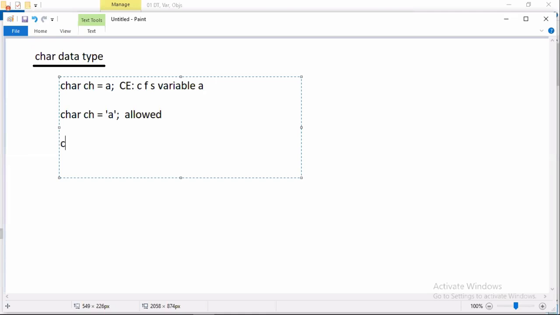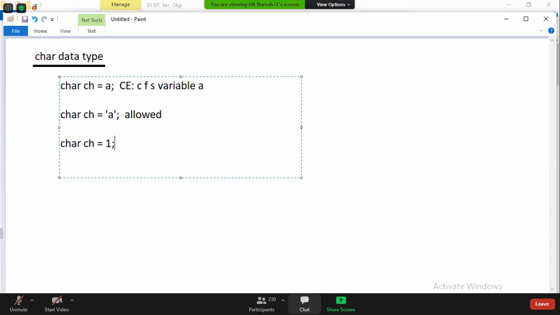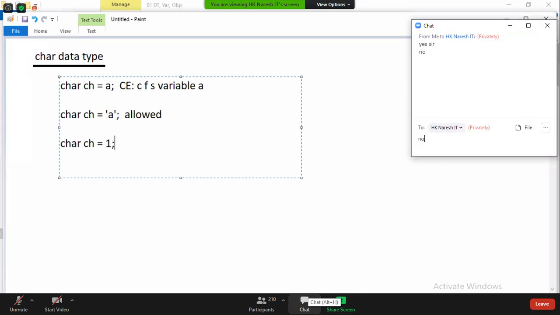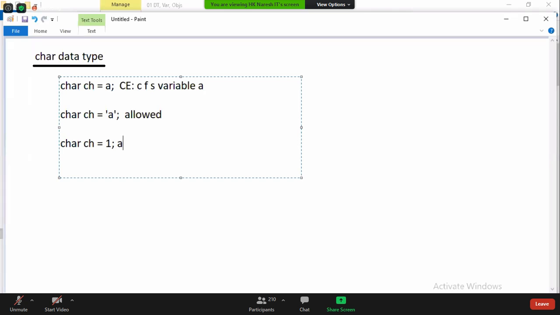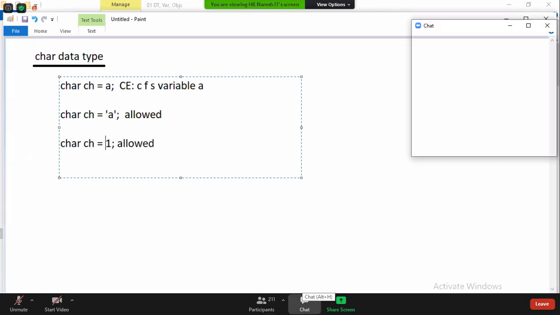Next, I am writing char ch = 1. Is it allowed? It is allowed. What happened? In the background, the ASCII character of number 1 is stored. 1 is a number, and its ASCII character is stored.